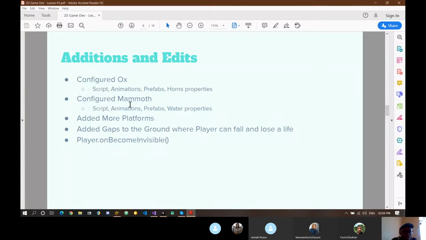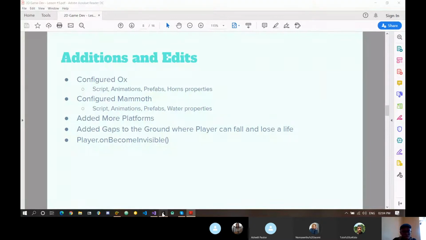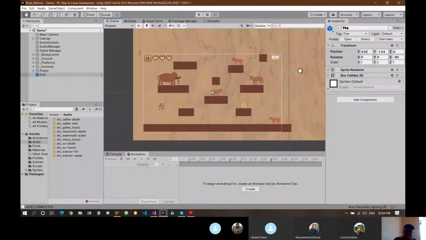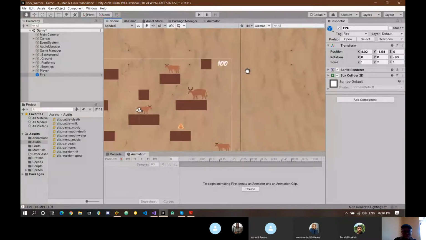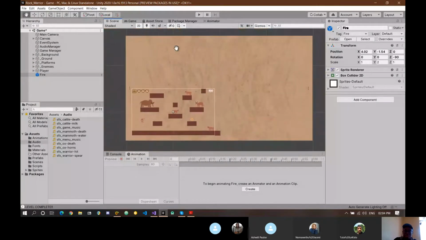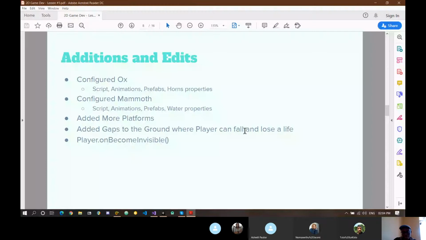What I did was I configured the ox. Just the same way we did the cattle, we made the ox as well as the mammoth. And one thing I wanted to add is more platforms, because we just kind of have it in the one scene. So we would want to maybe make the level much bigger that can cover all around here, right? And we'll add a few gaps in the ground,